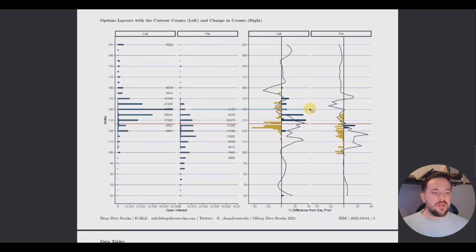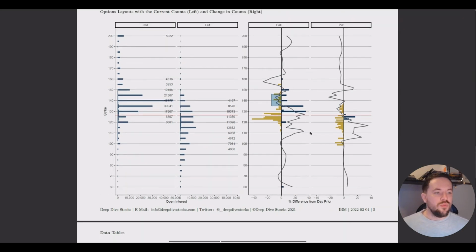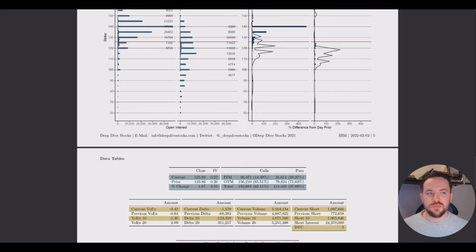And it looks like they've increased. So yeah, from Thursday, these calls increased, but the overall trend, interestingly, has been for calls at that strike to be decreasing. Because it's a Friday options change, one of the things I like to do is look at the previous options change, just because of the weekly expiries.